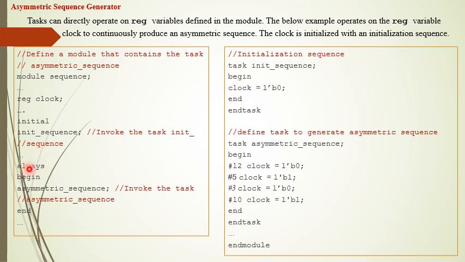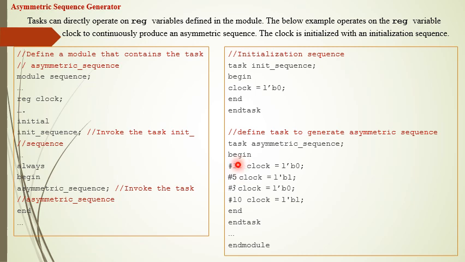Next we have the always block, and inside the always block we have invoked a task named asymmetric sequence. This is also not passing any arguments in the invocation. So here the task asymmetric sequence is the task definition line. Inside this we don't have any arguments declared as input or output, but directly the body of the task, that is begin and end.